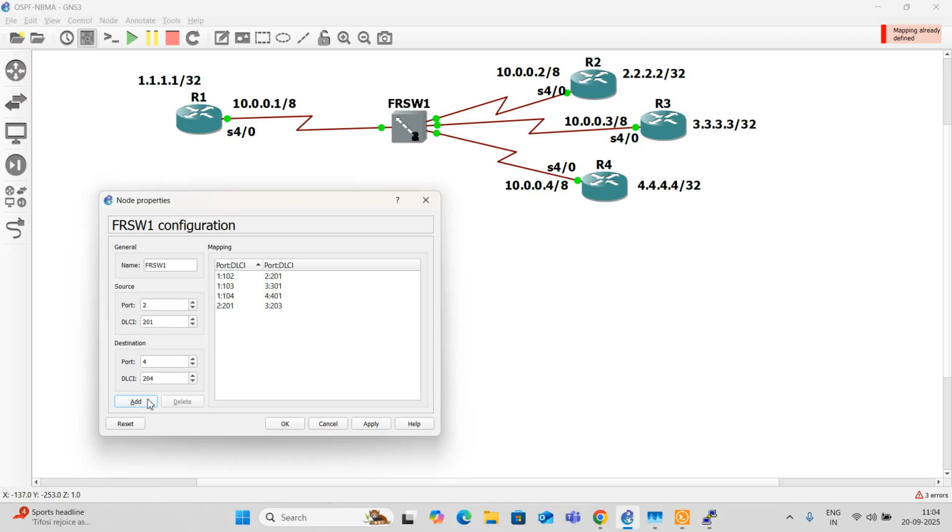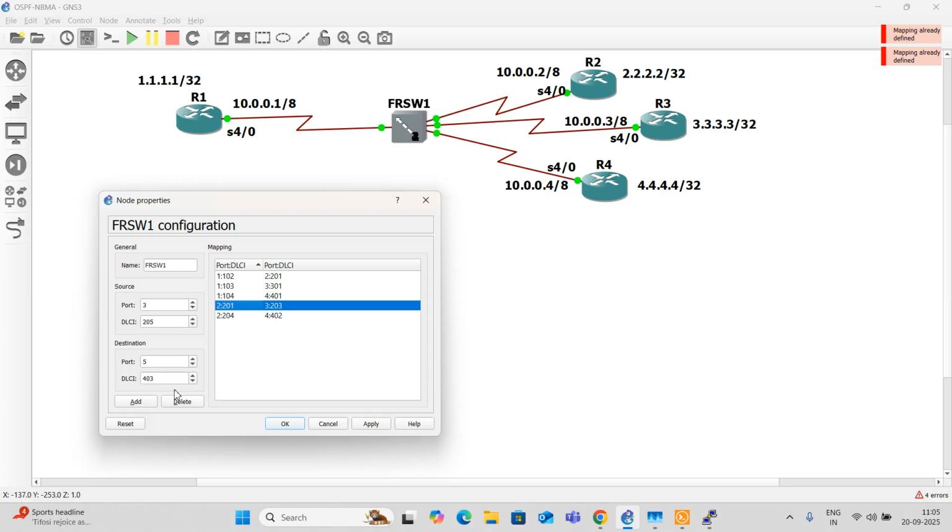It didn't allow me, no? Mapping already defined. Okay, then I need to give another number. 204 to 402. Add.